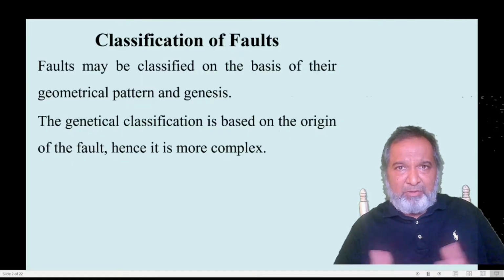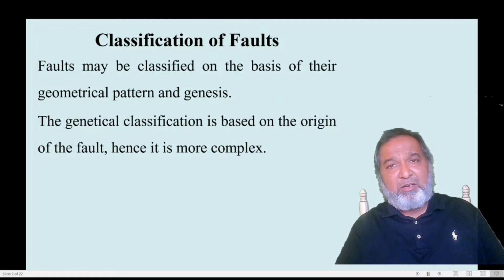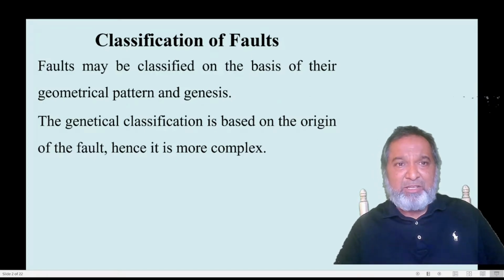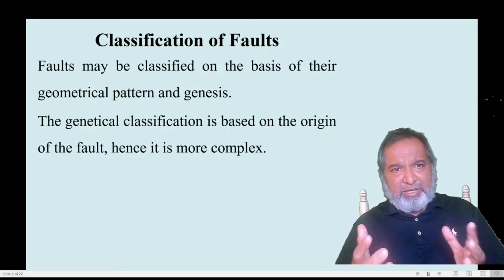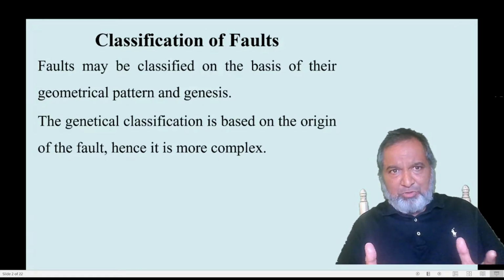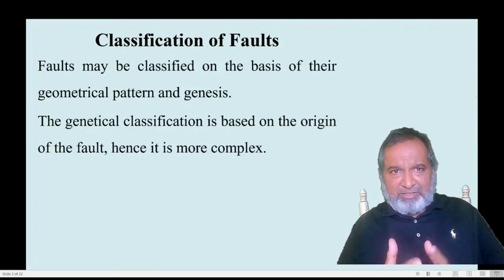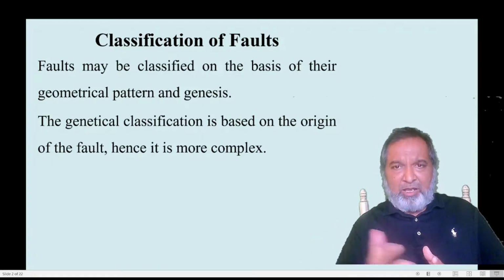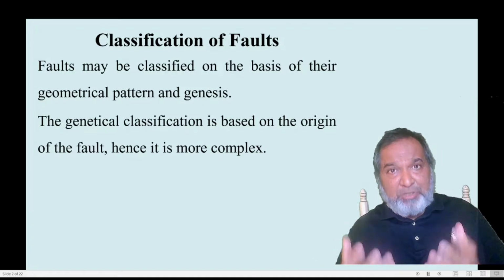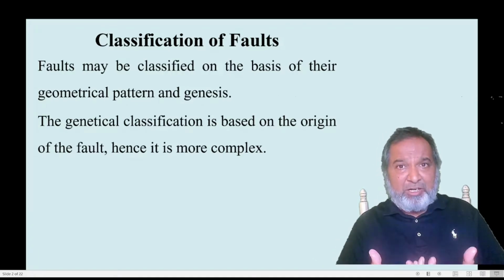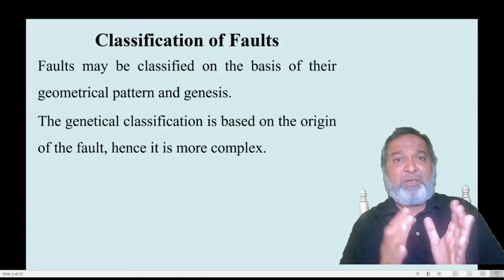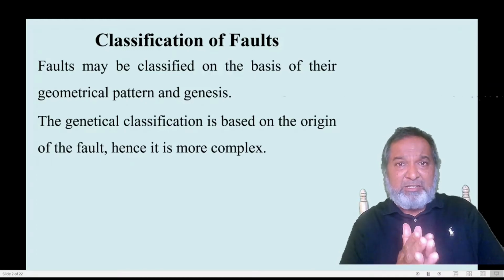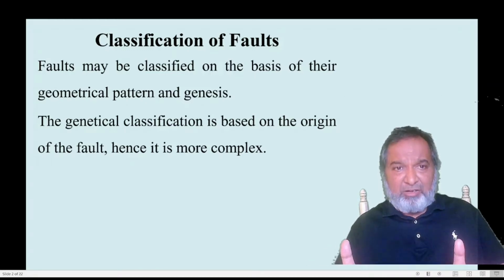In the last video we have already seen the geometrical classification. Faults are broadly divided into two categories. First, based on the attitudes of the faults, on the basis of that we have the geometry, that is the geometrical classification. And next, on the basis of its origin, how this particular fault has originated. When you make out its identification by origin, that is the genetical classification, which we have made as a separate classification.